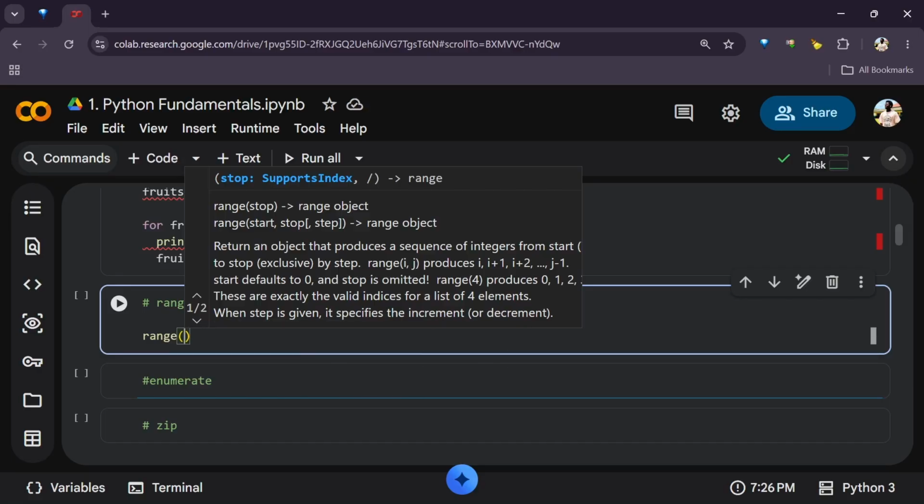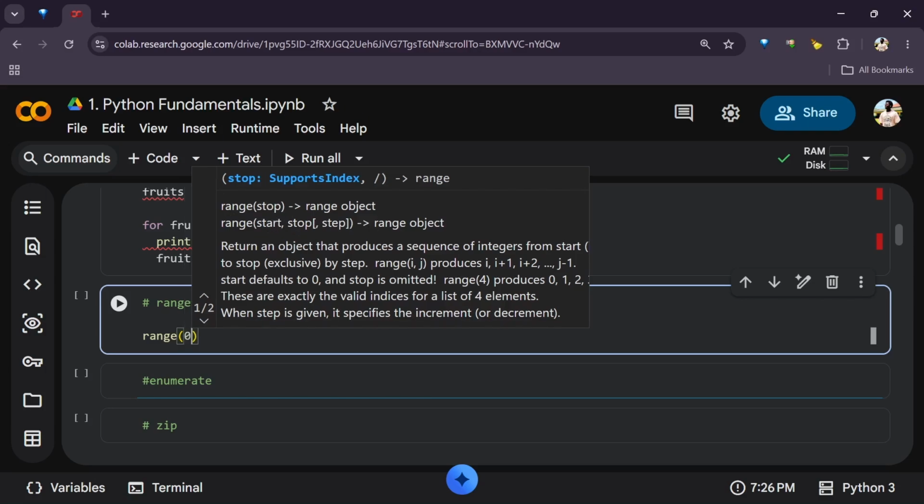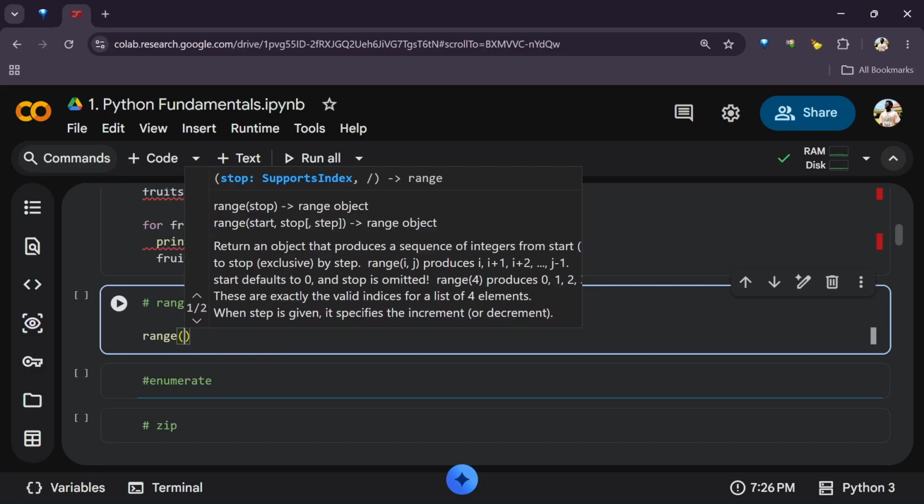Okay, so what does that mean? One thing you should know is that you must provide a stop. Start is optional, and step is also optional. So if I do 0, 10,